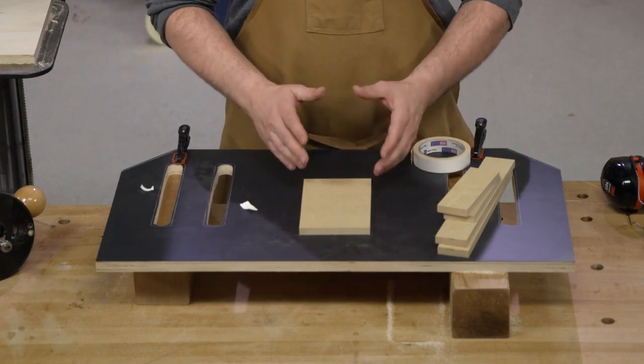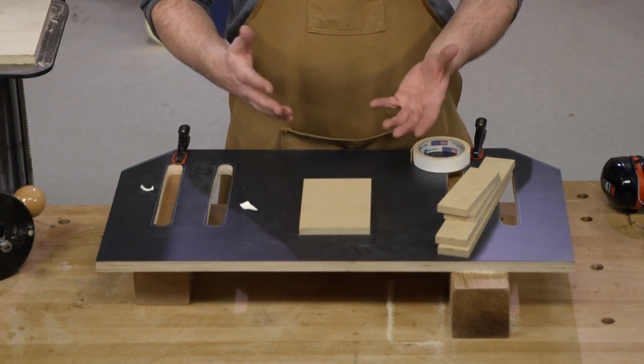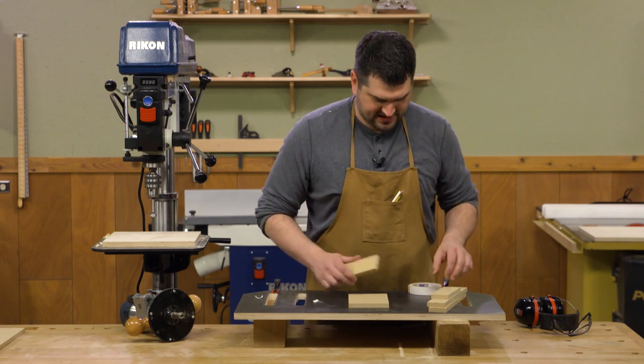And the reason I'm using this setup piece here is because I have to come back later and make an insert that fits this hole. So I want to make sure all the sides are square and it's pretty parallel. It's just going to be a lot easier after the fact. So now I can take